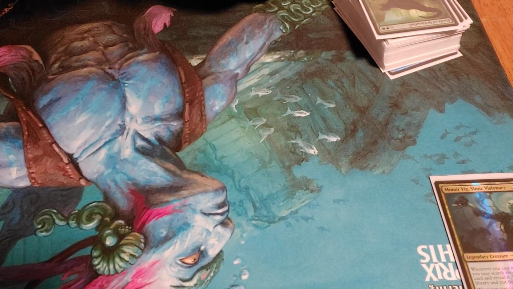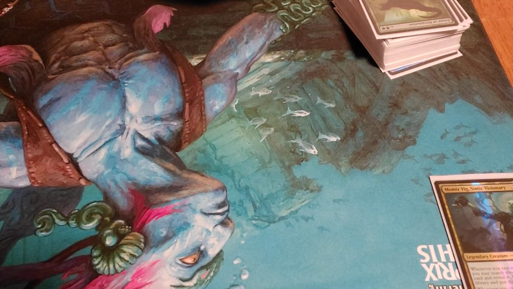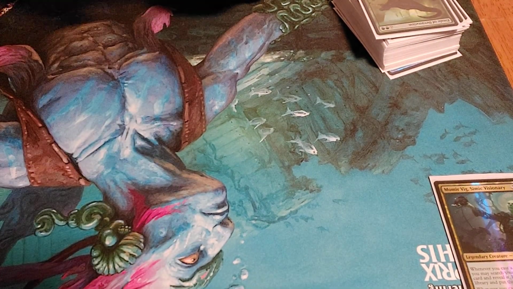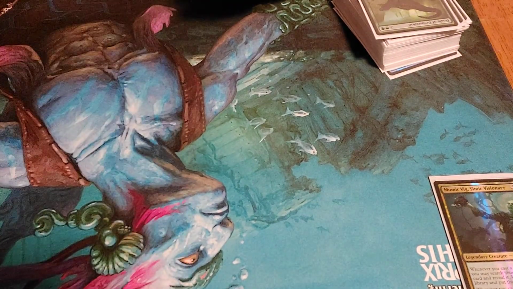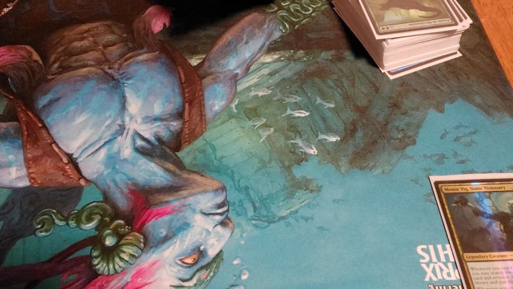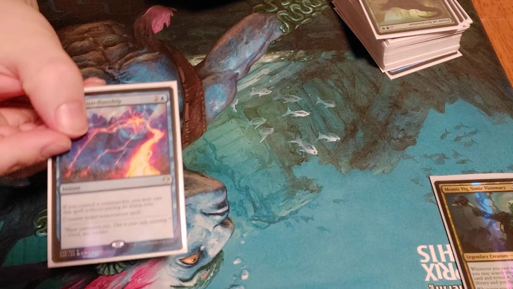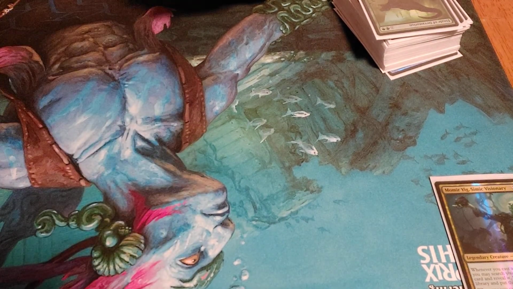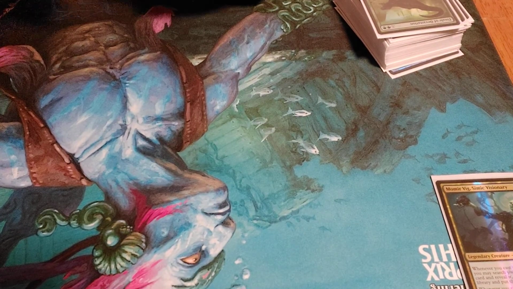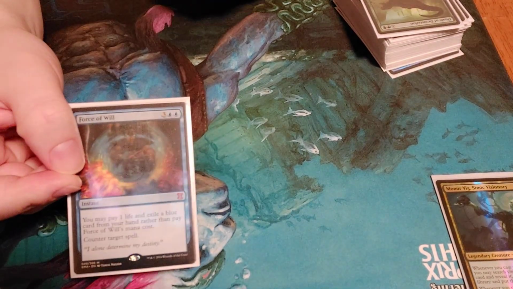Brainstorm, Chain of Vapor, Crop Rotation, Dispel, another hack, Glamerdye, Fierce Guardianship, Flusterstorm, Force of Will,